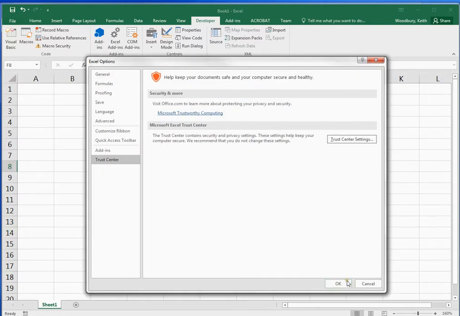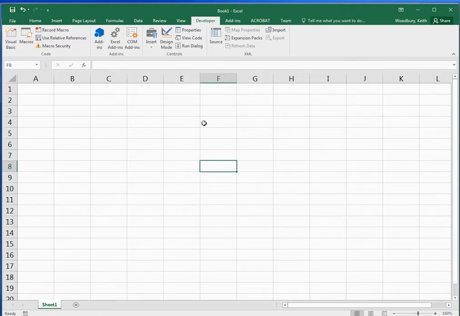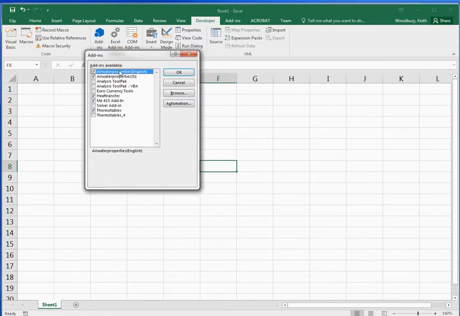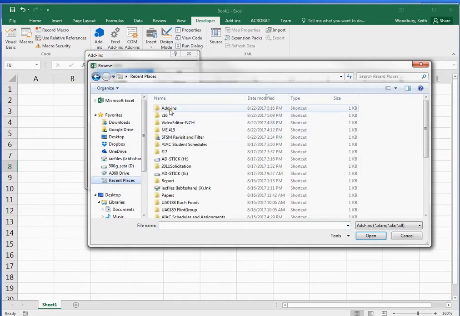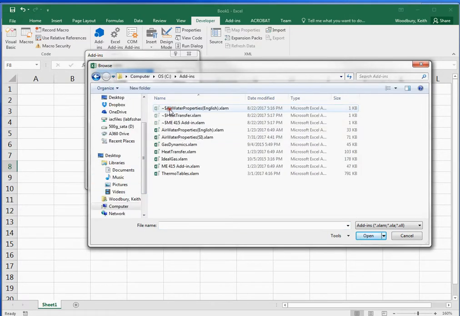With those steps at the options stage, the final step is to go to Excel add-ins on the Developer tab and to browse to find those add-ins that were copied by the installer file, and to individually select each one